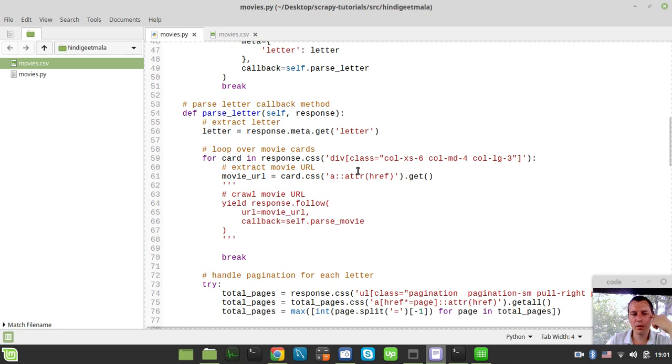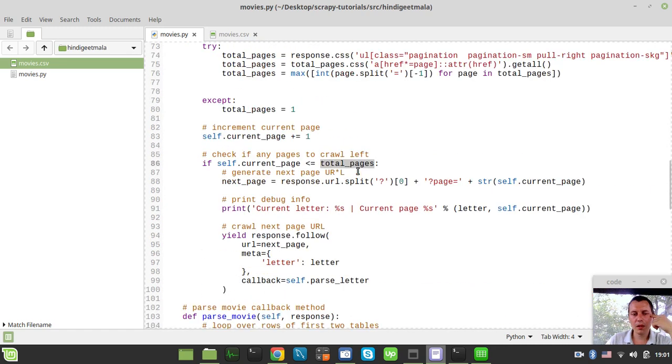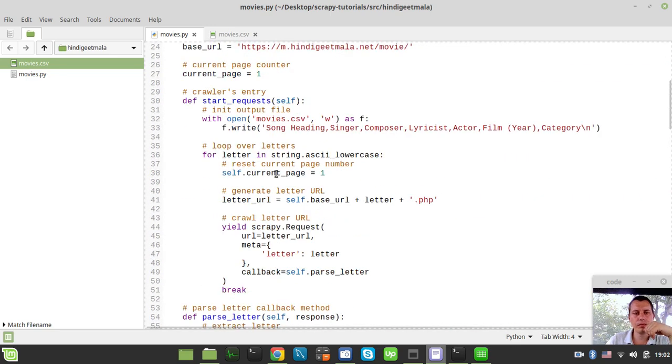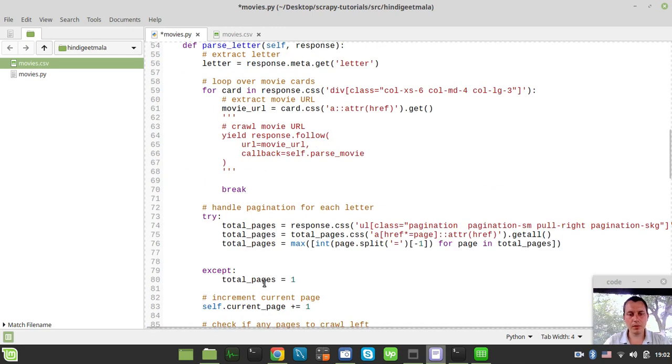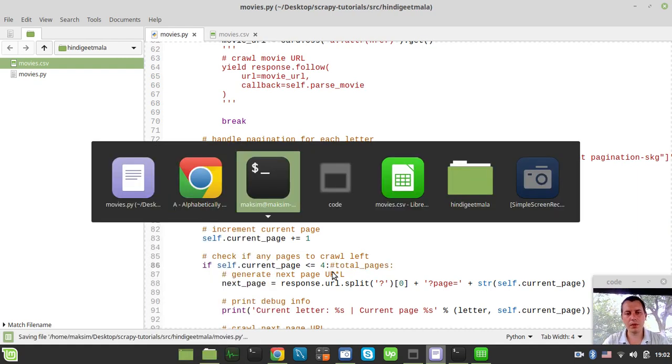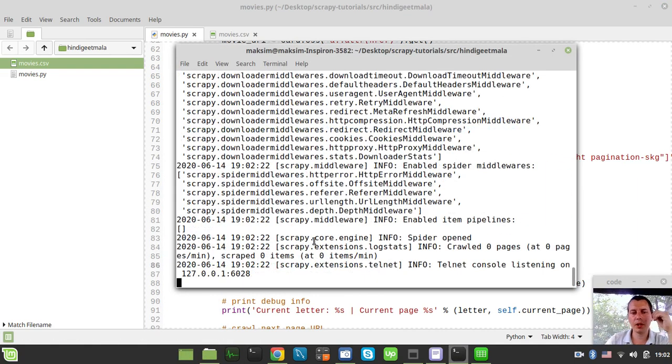So okay, I'm just wondering if I only could have. Okay, so just another little test here. Let's loop within letters A and B only. Okay, and let's limit the number of pages, so less than or equal to, say, 4. Okay, so I just need to check if the page counter would